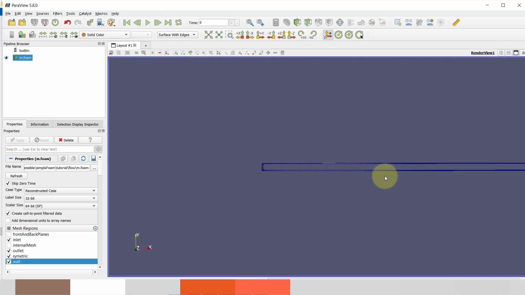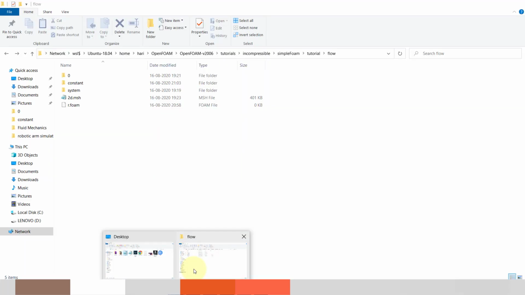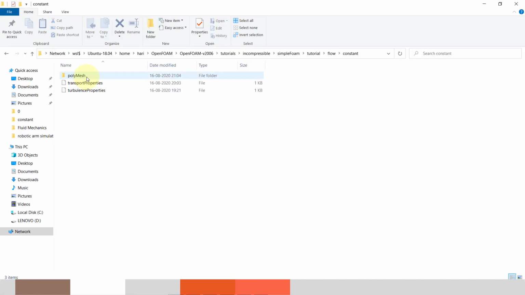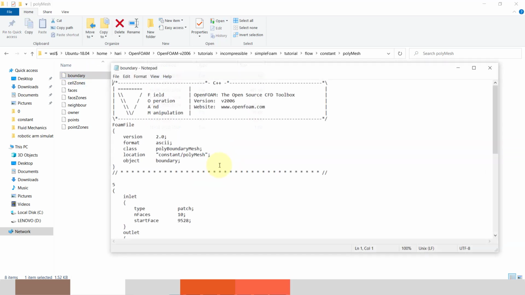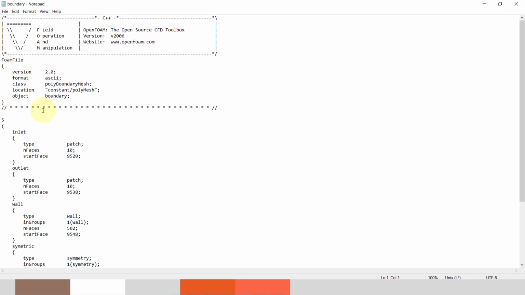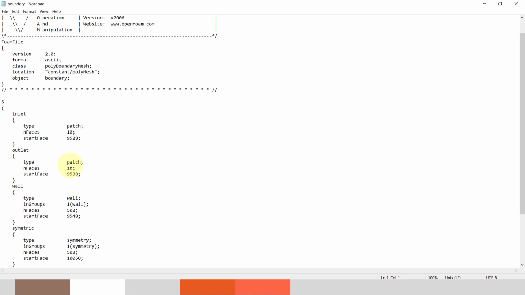Now we'll define our symmetric condition in the OpenFOAM mesh file. I'll go to the constant folder. It has created a polyMesh folder, in which we go to the boundary file. I will open it. Here you can see that our inlet is a patch. Patch means you can apply any boundary condition to it. Outlet is also a patch.